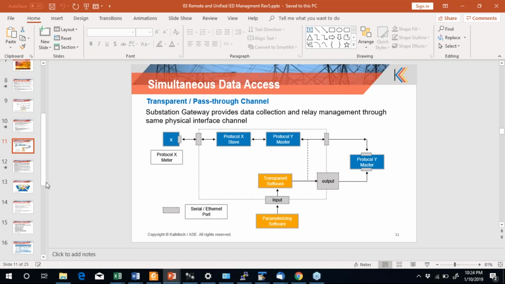So even though the tool uses a COM port, the underlying channel goes through the transparent system, and this transparent channel can be linked to a serial port or a TCP port and routed through it. So this is how the transparent channel works.